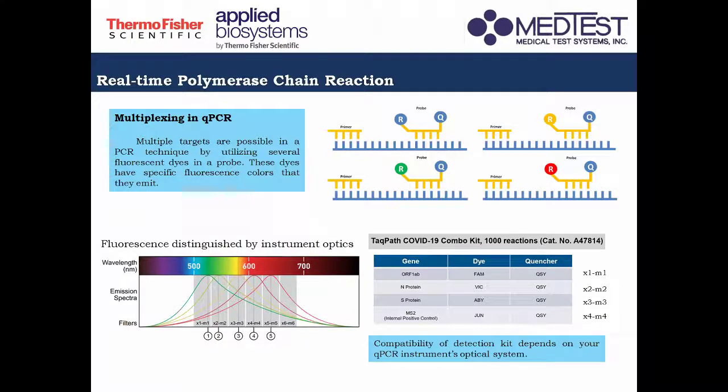So the way for you to be able to detect, so kunyari may mga gusto mong i-target na tatlong regions dun sa DNA mo, then you would use 3 sets of probes and primers. And the way for you to distinguish kung ano-ano yung mga targets na yon is the use of a probe that differs in the reporter dye that is being used. No? So depends on your